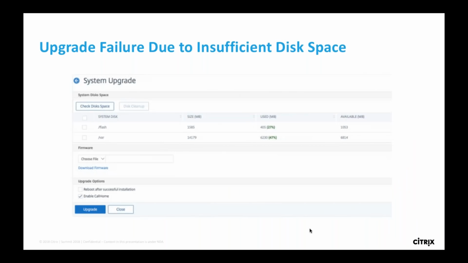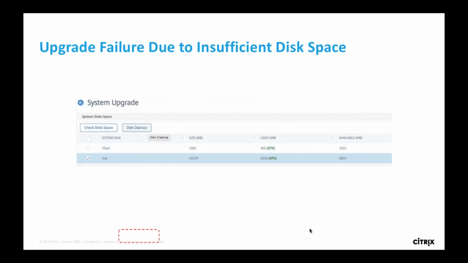When removing files, customers have to log into Citrix ADC to delete the unwanted files. Administrators who are not familiar with the command line interface process, or with ways to delete the files using tools like WinSCP, will find it difficult to upgrade. So we have added a provision to check the disk space that is available, which helps administrators have an idea of the space available in the system. And then you also have an option to clean up the disk space when there is an overload of files in your system.